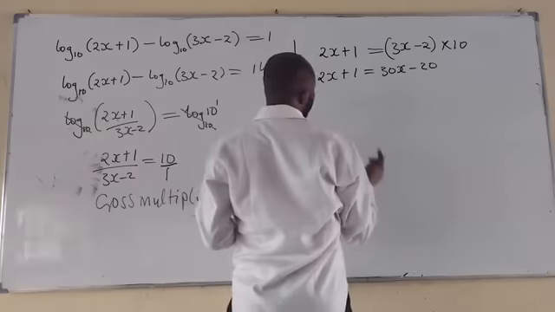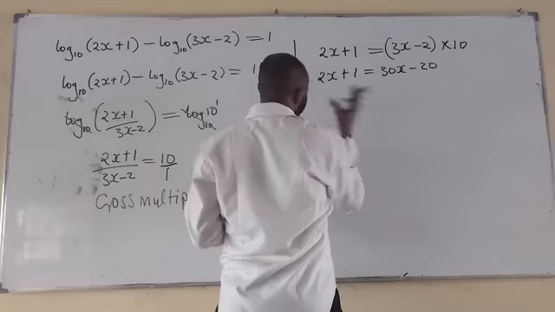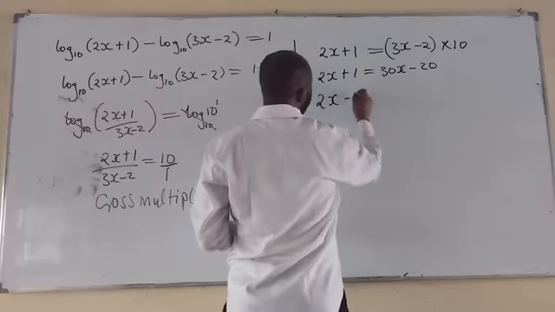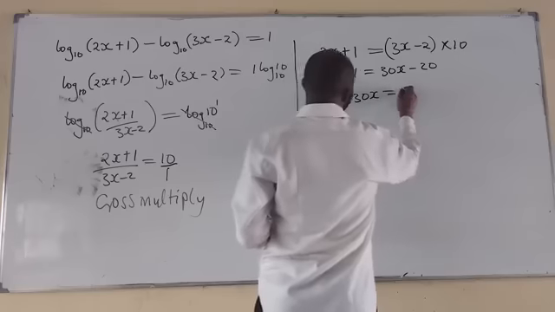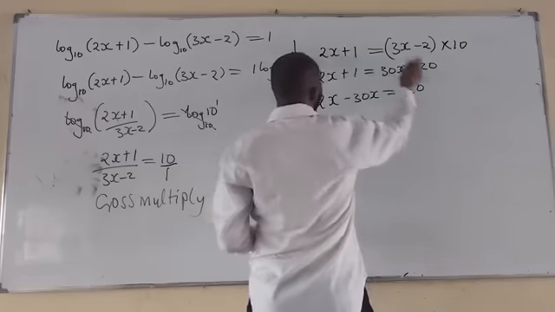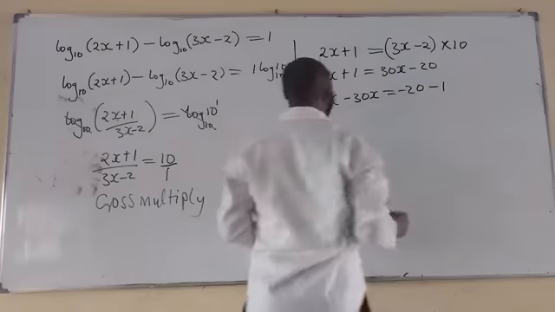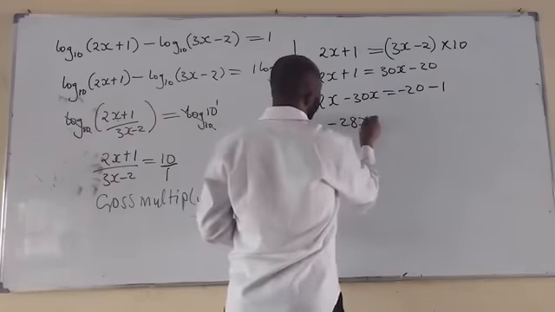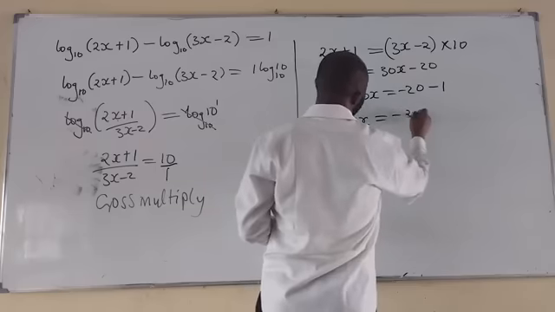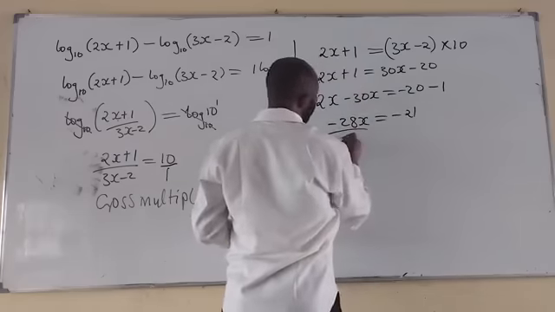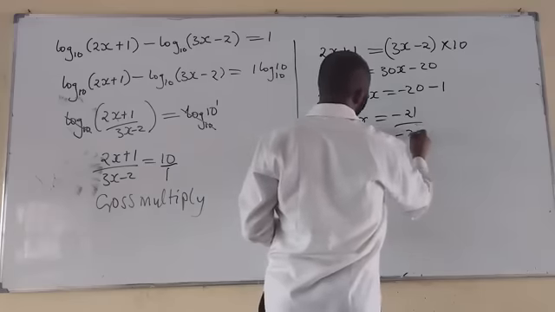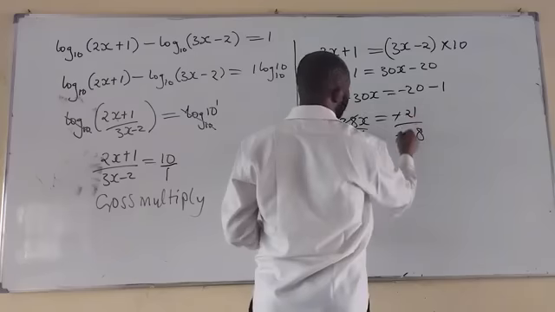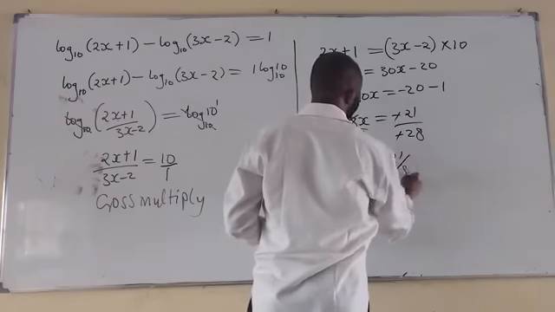Collecting like terms, this is 2x minus 30x is equal to minus 20 minus 1. 2x minus 30x is minus 28x is equal to minus 21. Divide both sides by minus 28. My x is equal to 21 over 28,